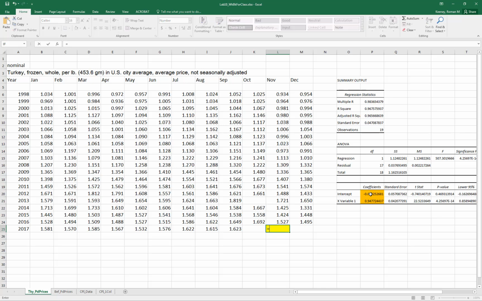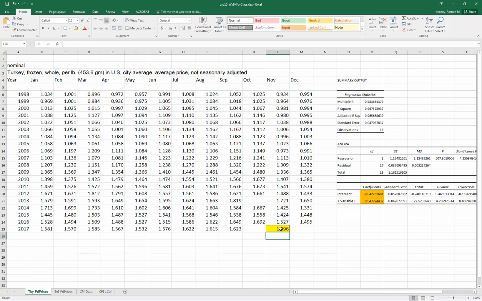It's going to be the intercept in P20, based on where I put my regression output, but be sure you get your intercept, plus the slope coefficient 0.94 in that cell, and then we're going to multiply that by the September price. Okay, so we get that,